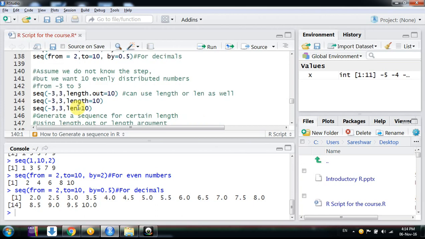Now one more situation friends, suppose you are not aware of the step size, but you know that you want to start from a value and reach a value, and you don't want to work out the step; you let R identify it on its own.